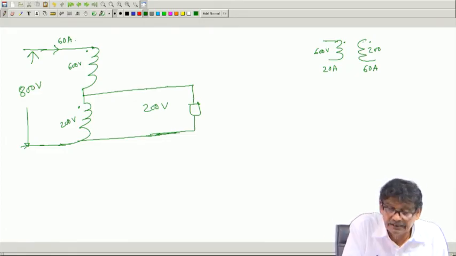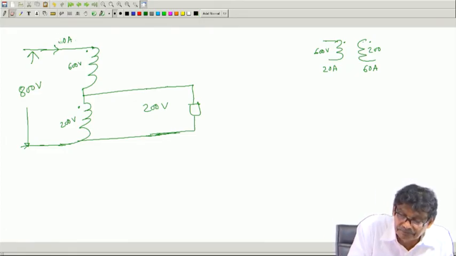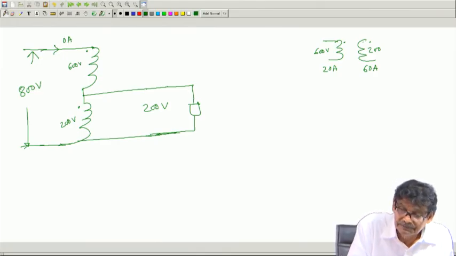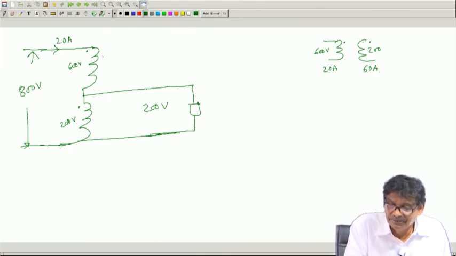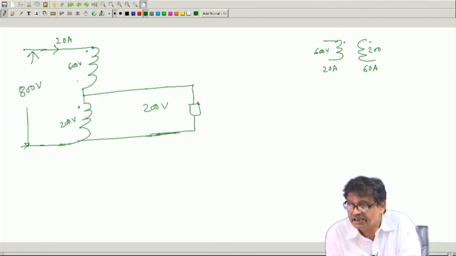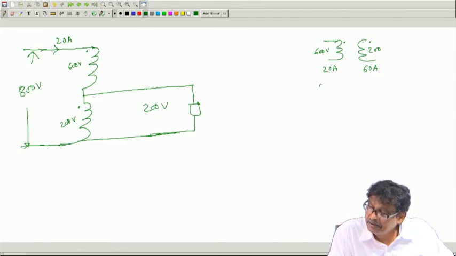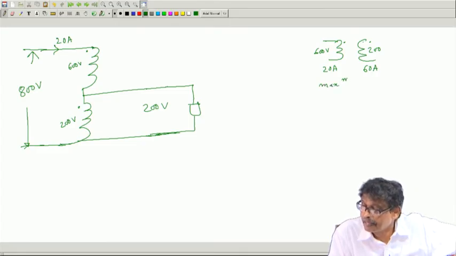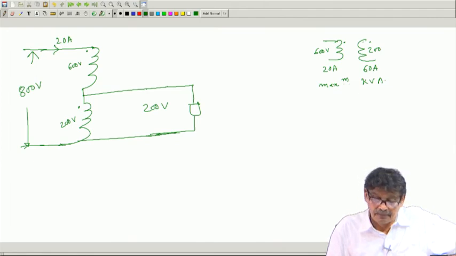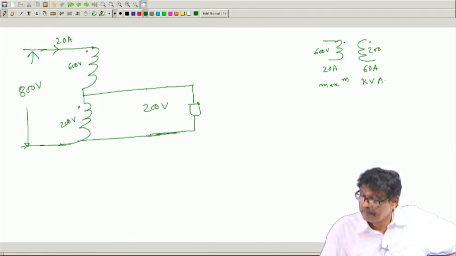Oh, I am so sorry, this is 20 ampere, is not? I should not allow a current. So, maximum kVA of the load